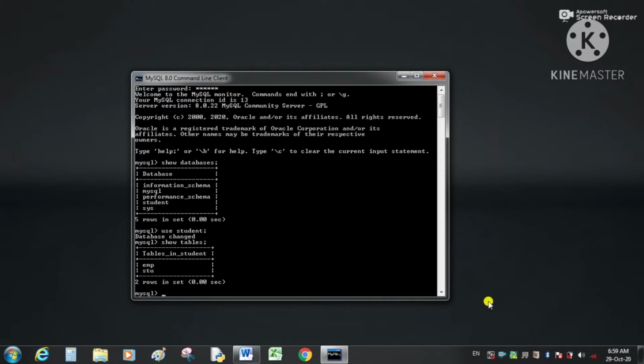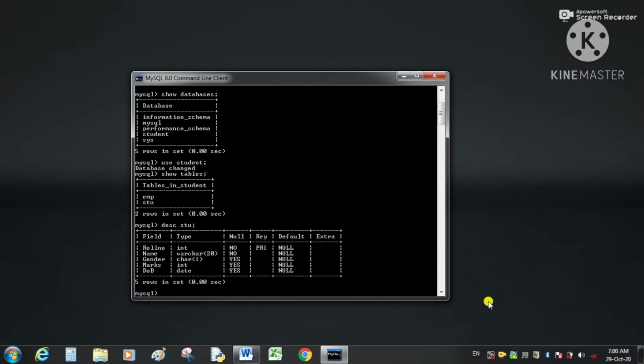To see the structure of the student table, we will write describe stu, the name of the table. Here you can see in this stu table we have 5 fields: roll number, name, gender, marks and date of birth.